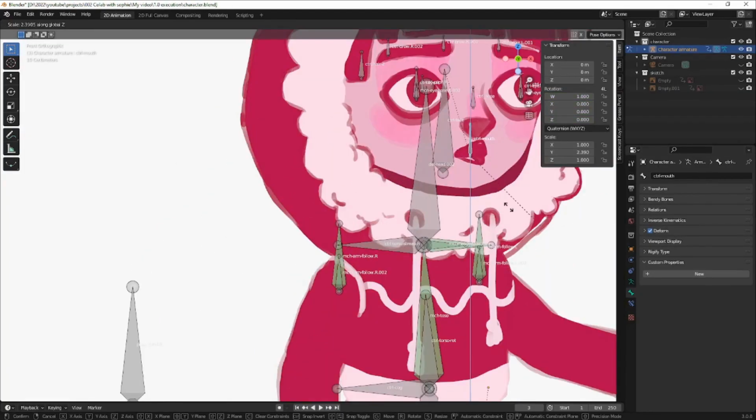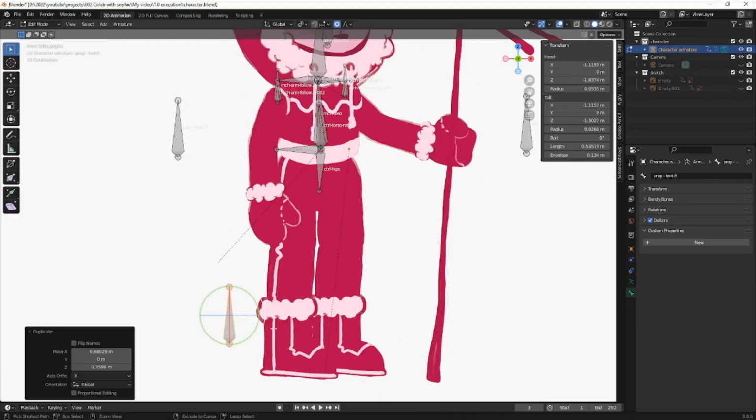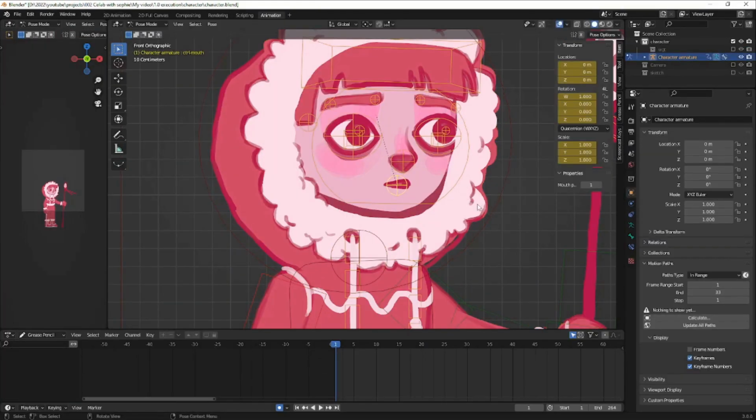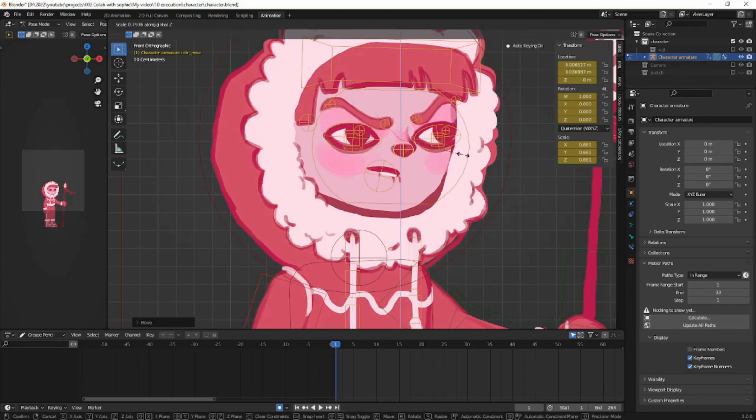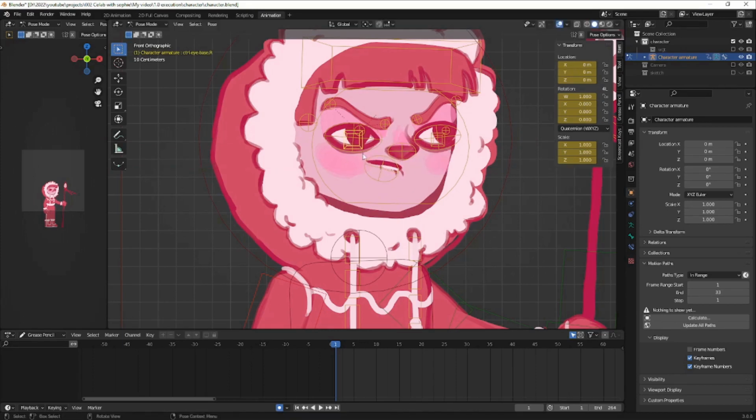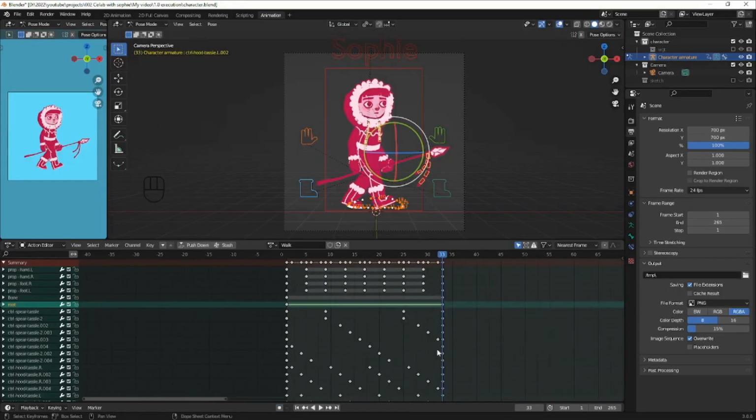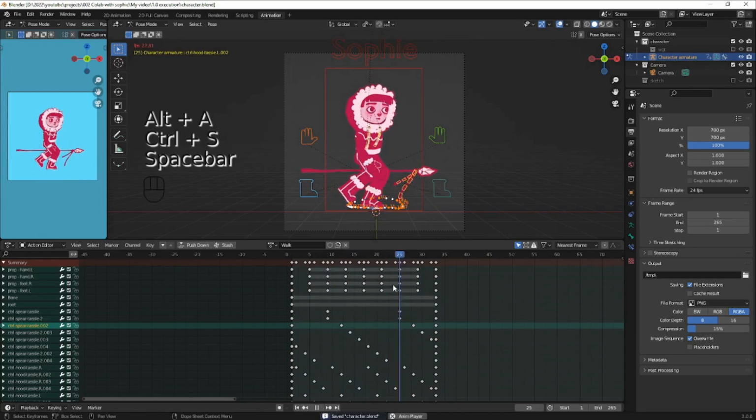The face was fairly simple, however I'm really happy with how dynamic it is. Just by moving, rotating and scaling a few bones, we can create just about any facial expression I can think of. After a quick test animation, a walk cycle,